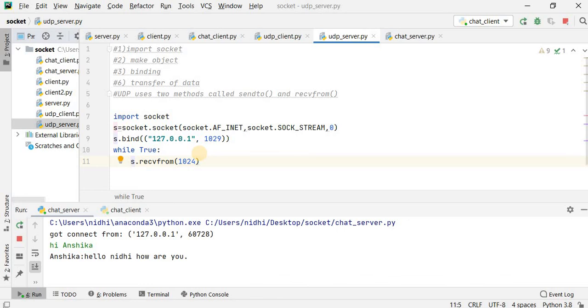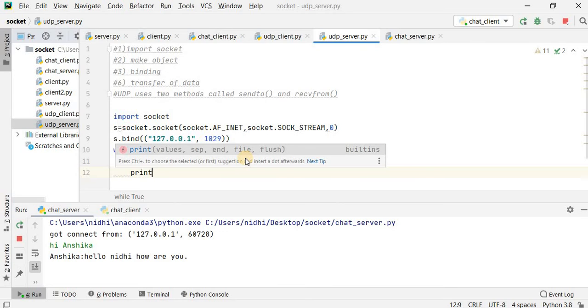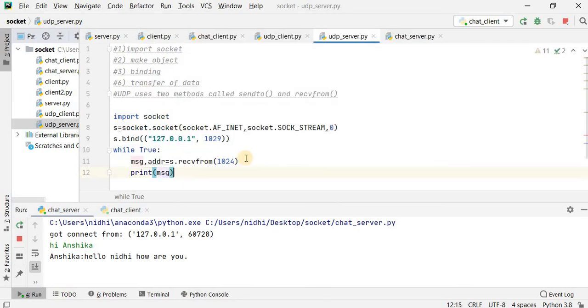When a packet is received over UDP, it contains two things: the first is the message itself and the second is the IP address of the client. After receiving in the buffer, we print that message. Okay, that is a simple program.